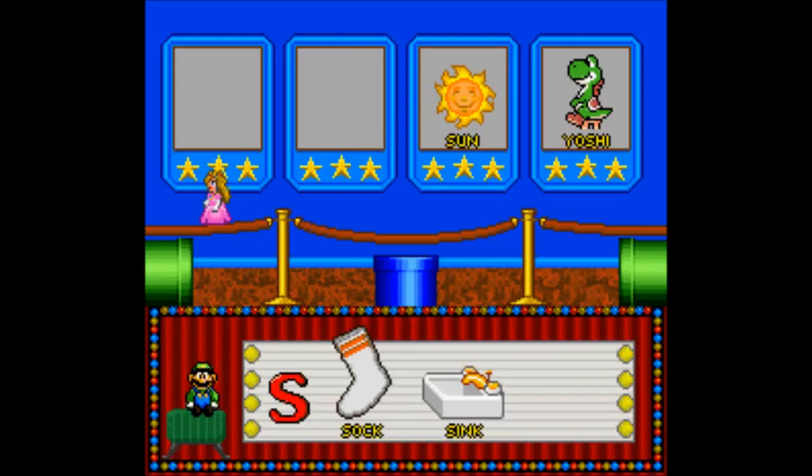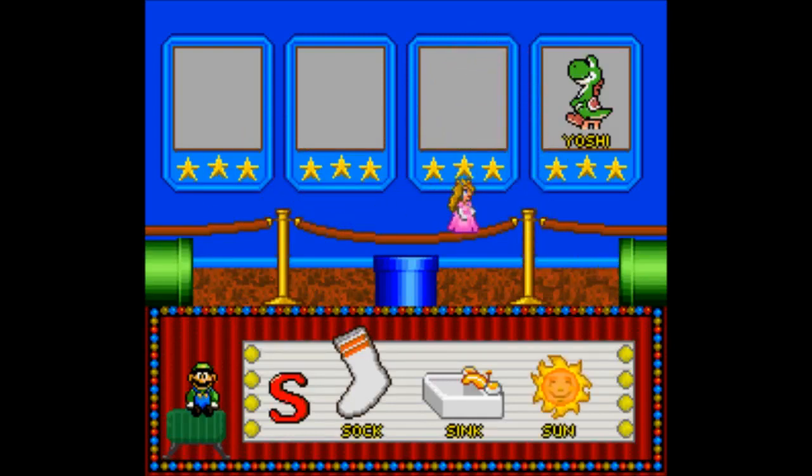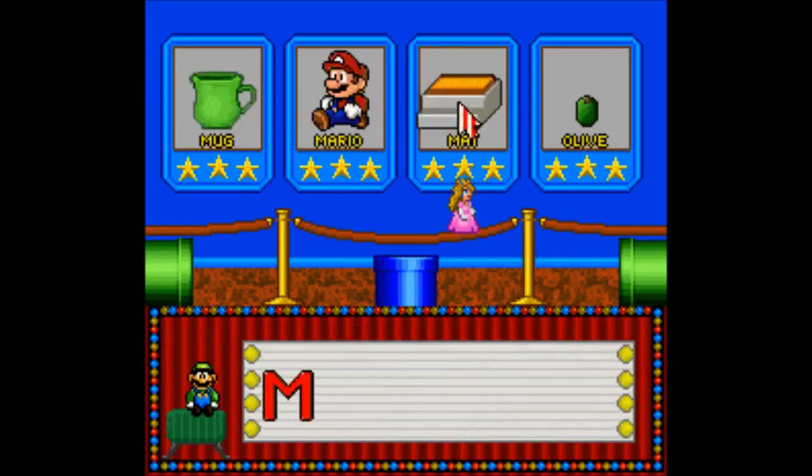You found sink that starts with S. Sink. Pick a word that starts with the letter S. You found it. You chose sun that starts with S. Sun.